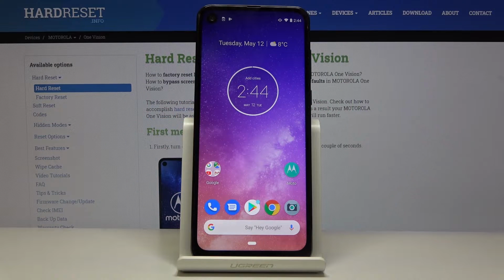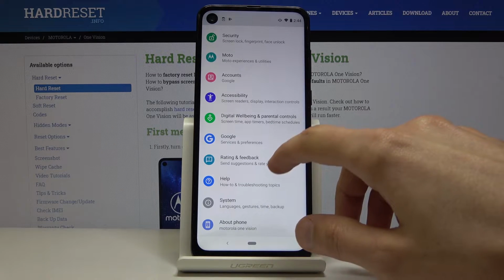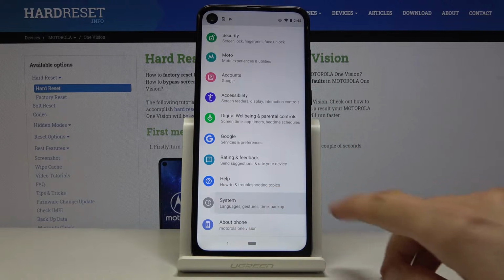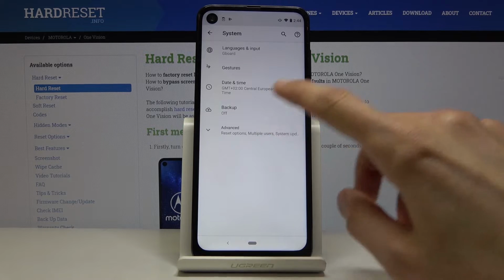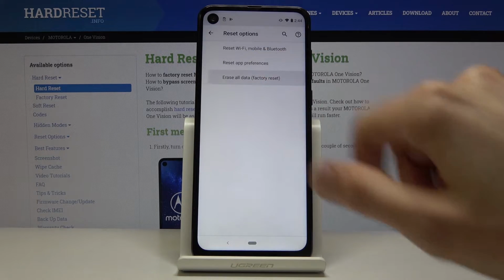Welcome. In front of me is a Motorola One Vision, and today I'll show you how to hard reset the device through settings. So to get started, let's go into the settings, and from here scroll all the way down to System, where once you tap on Advanced you should see Reset options, and then choose Erase All Data Factory